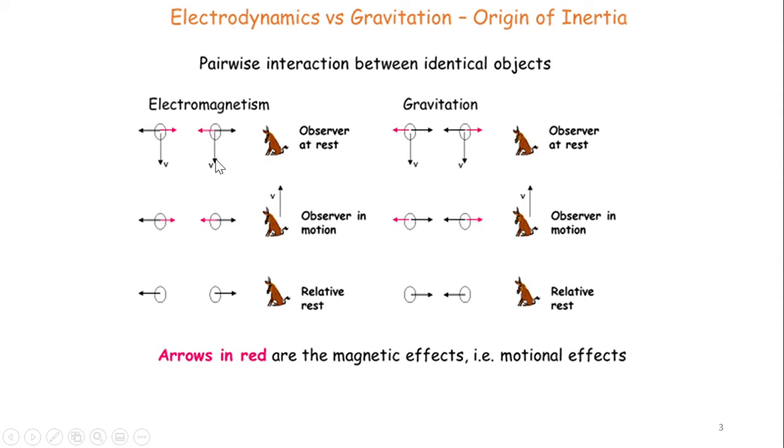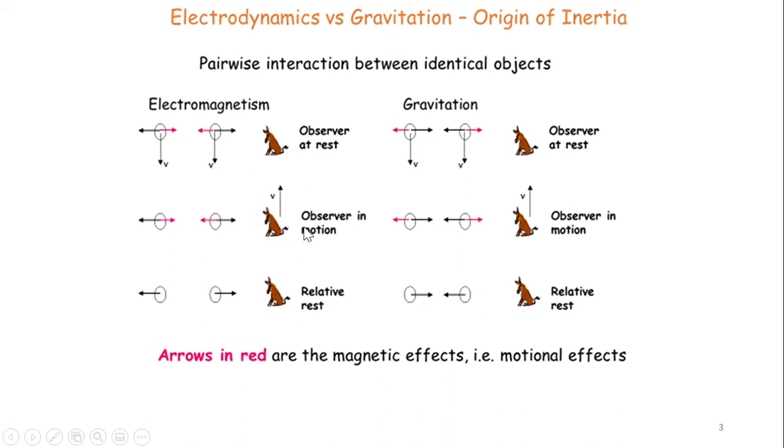due to motion. And at rest, we also have an observer, of course, and at relative rest, there is the electric force only between these two identical charged objects. But when they move, there is a magnetic effect reducing the electric force. That's the way of viewing the magnetic effect. And we cannot distinguish between these two cases due to the principle of relative motion.